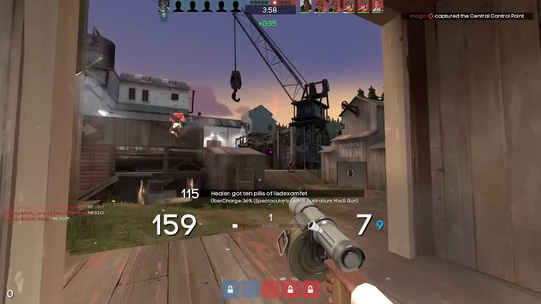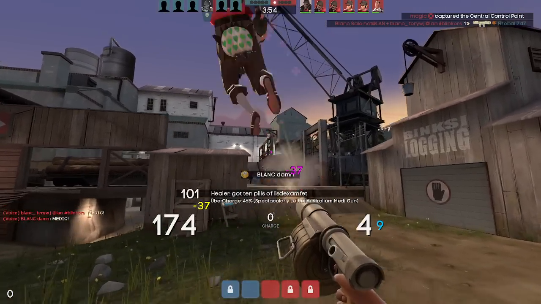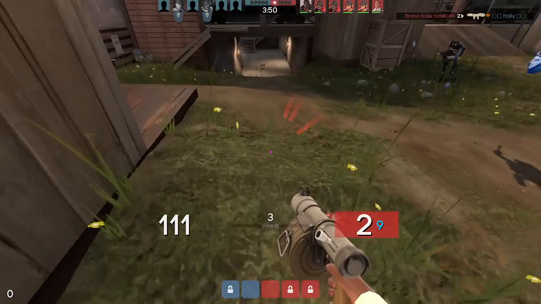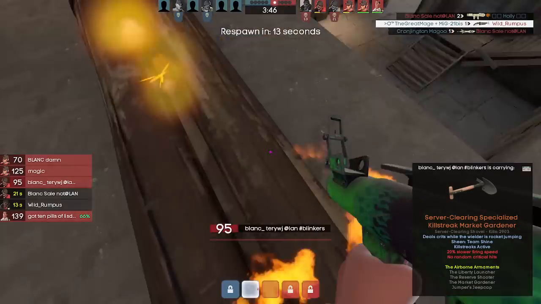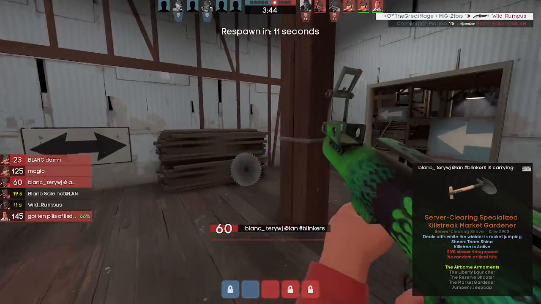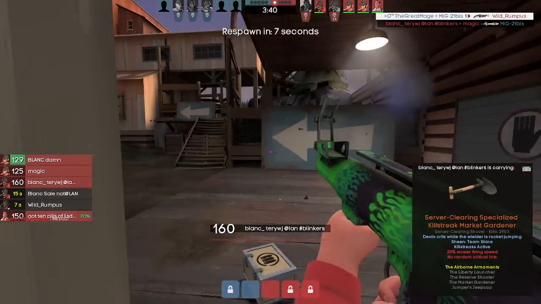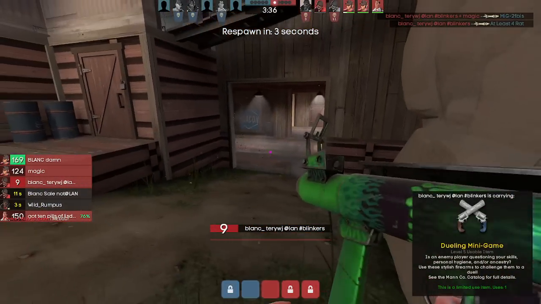And one last thing that I'll mention before I move on to Scout is that Demo is uniquely equipped as maybe the only class that is as effective, if not maybe even slightly more effective, at shooting players off of high ground. Normally, in TF2, high ground is a massive advantage, and even against a demo, it still is an advantage because, well,